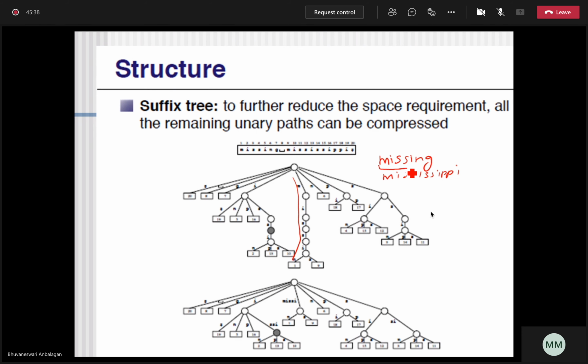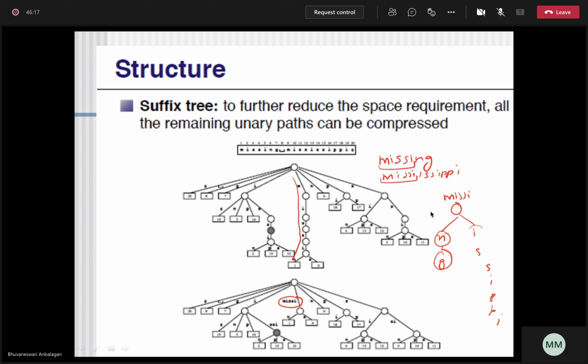So you see what the common characters are which match in both the texts. Okay, both the suffixes. So you can have MISS as a separate node, and later this will be missing. Okay, this is going to be the node. So if I go over here, I will have ING. So this leads to the pattern missing. So if I go to this other node, I'll have Mississippi, SSIPPI. So in this way I can have the suffix tree.